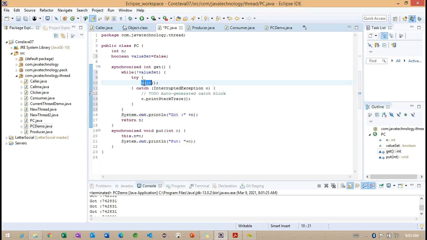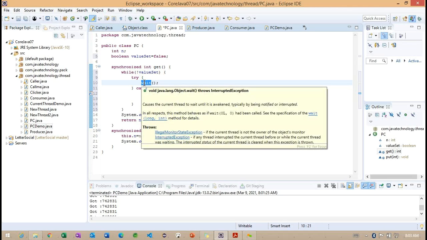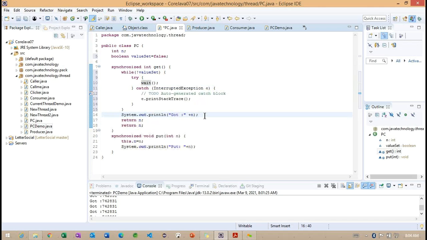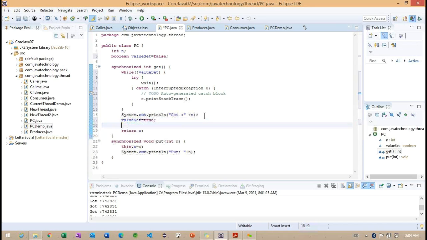After calling this wait method, I'm not going to do any changes here. We will keep it as it is, but make sure we call notify here. valueSet is equals to true.